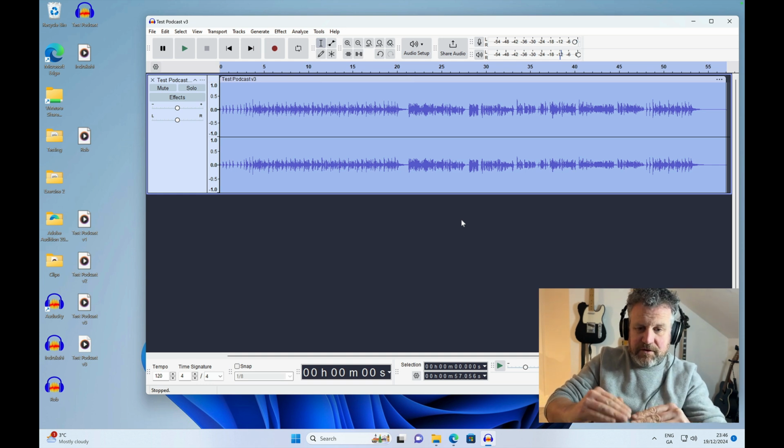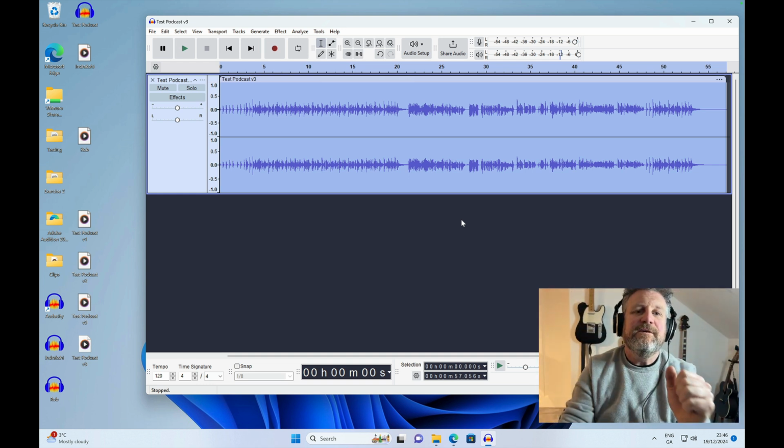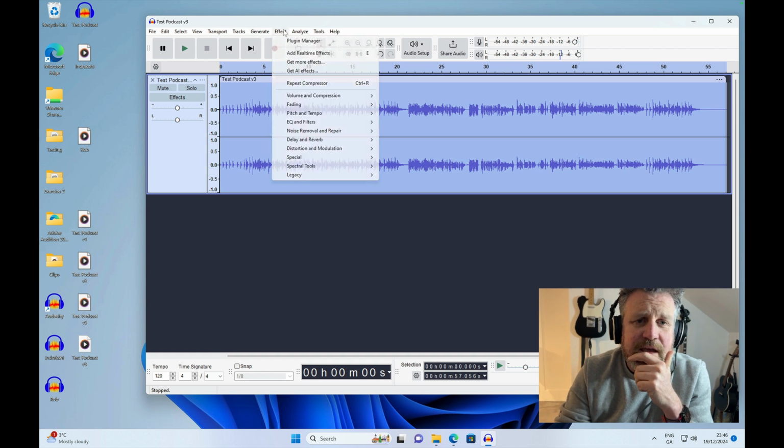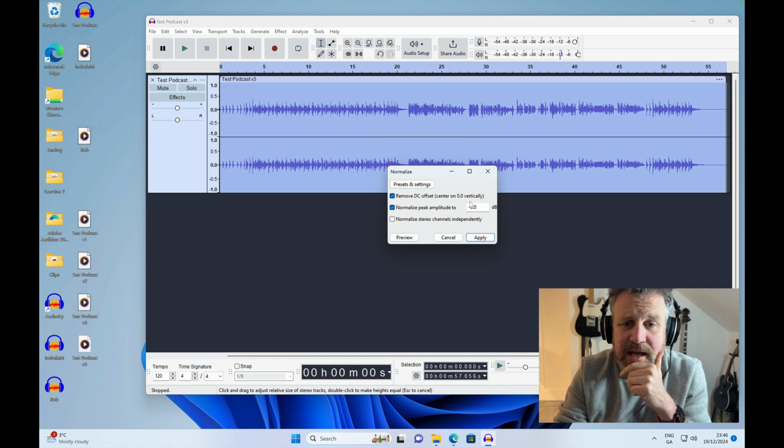If you've stuff down here, it raises everything up with it. So if I go effect, volume and compression, normalize, and normalize to -3,